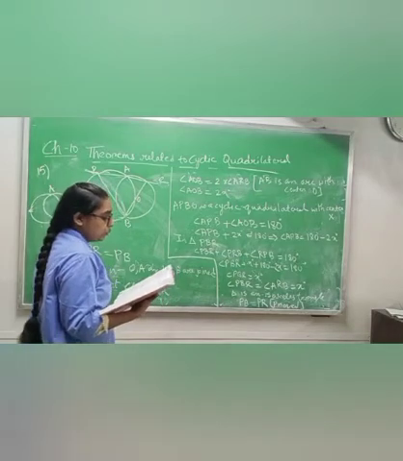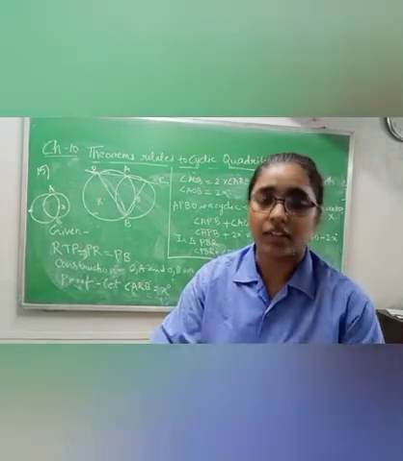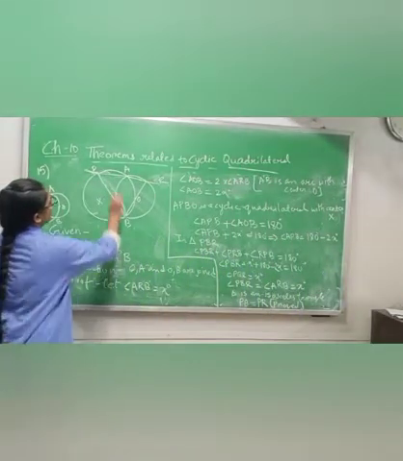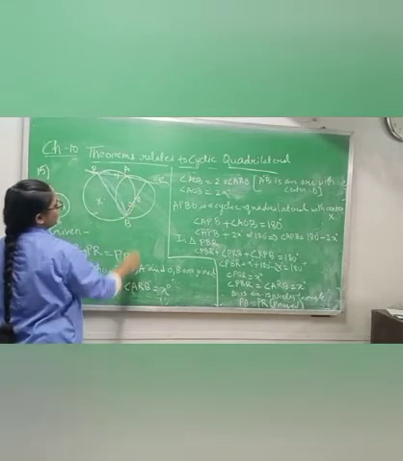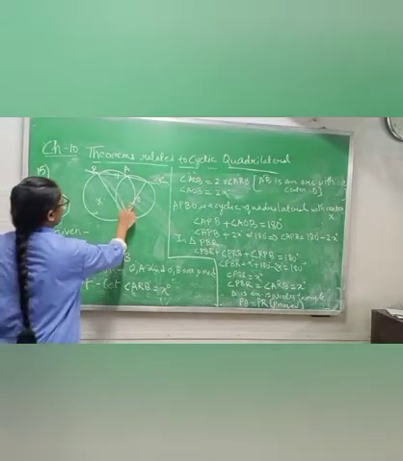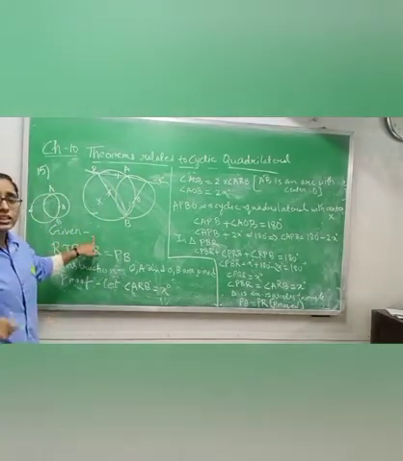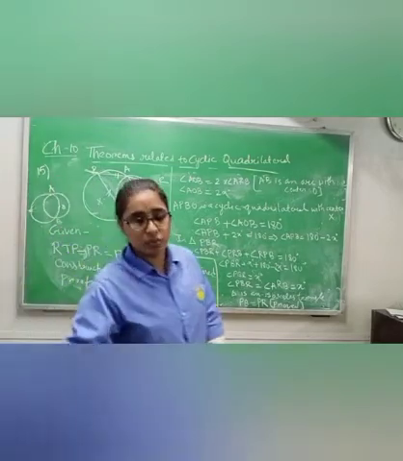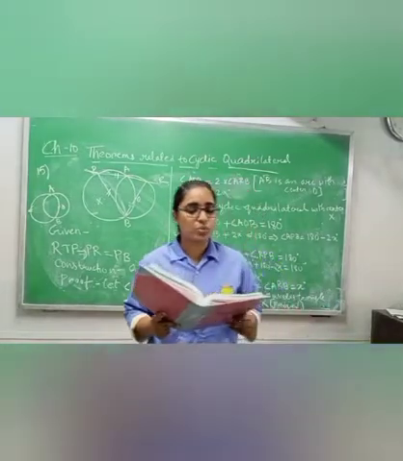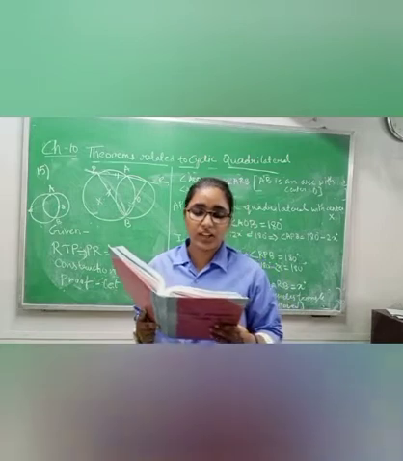Now let us prove that PR equals PB. We have to prove which one? PR is equal to PB. Now, how will you prove this? Please see, PR equals PB. In the given part, what will you write? Whatever is written in your book, just copy this: of two circles, one passes through the center O of the other circle, and the two circles intersect each other at the points A and B.